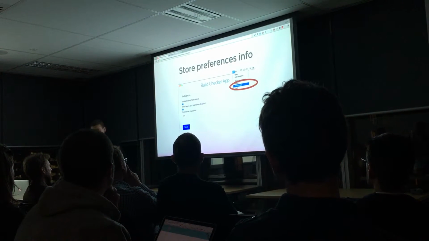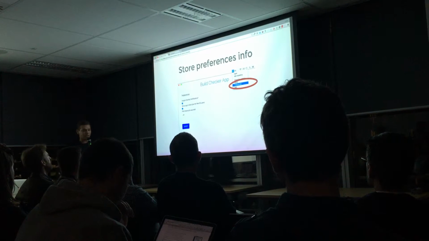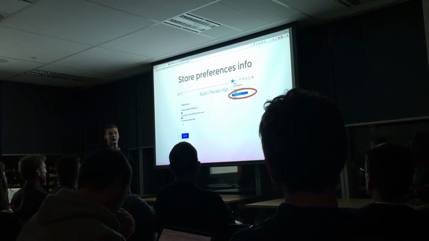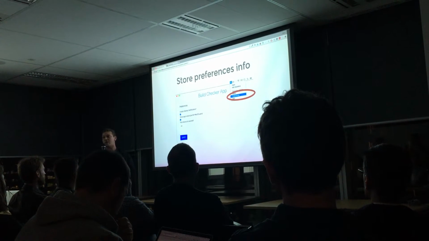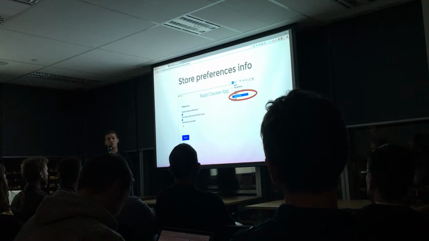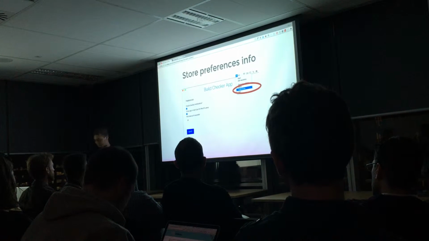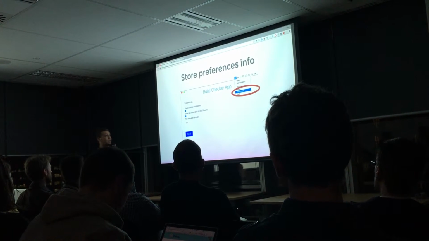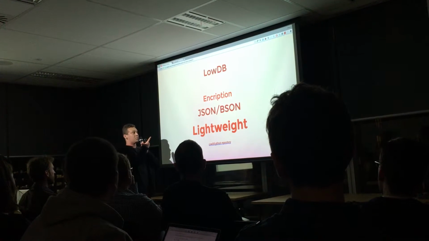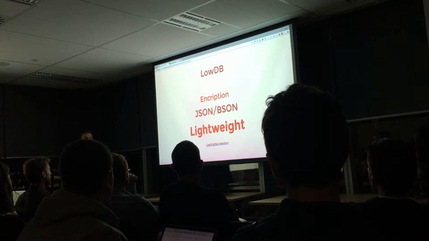And the second one is about stored preferences. My first time working with Electron was this one, so I had some problems. In the bootstrap I need to get some information, but the main process doesn't know about the stored information. What do I need to do? I need to work with the process again, but I need to know some store. I just tried this one because first, we have some encryption,